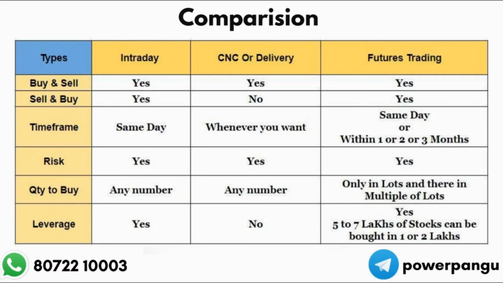Here you can actually buy stocks worth 5 to 6 lakhs with 1 or 2 lakhs, and the benefit is you can carry it for 1 month or 2 months using this leverage, but the MTM happens daily. The profit and loss will be settled daily, but your position will still be open. Suppose the stock came down in futures and again it bounces back, you will get the actual money the next day. It is just an open position like that. You are not squared off.